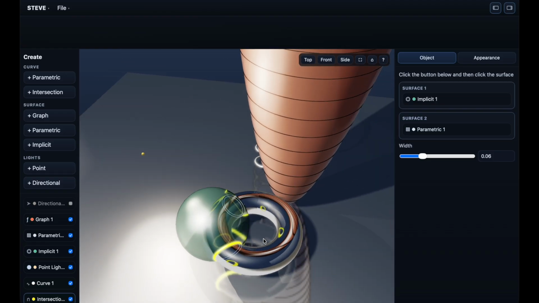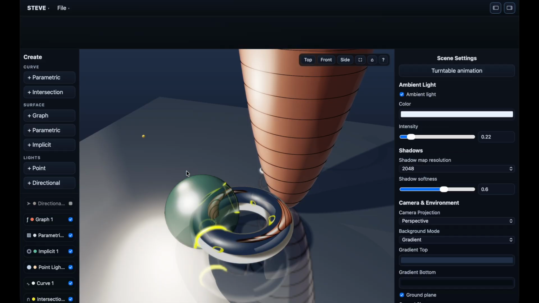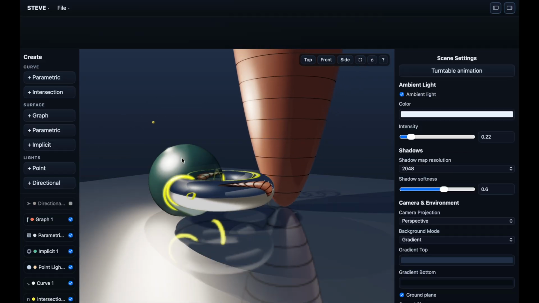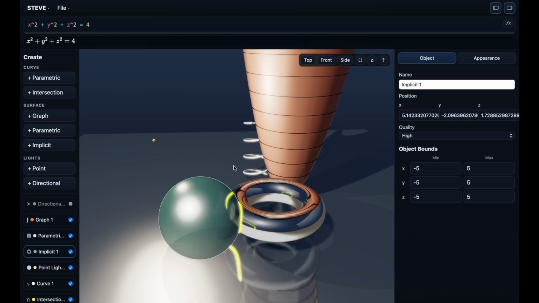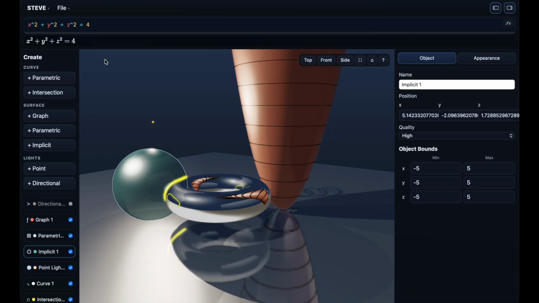That's about all I have time for. Steve has many more features. For example, you can export high-resolution graphics for publications. You can export surfaces as STL files for 3D printing. And you can do other kinds of